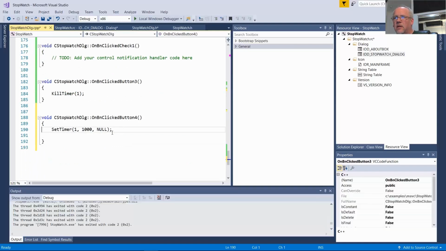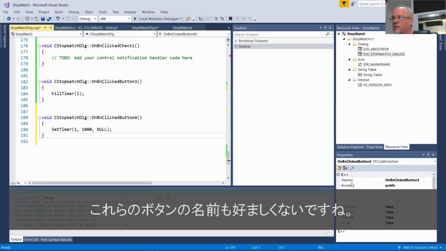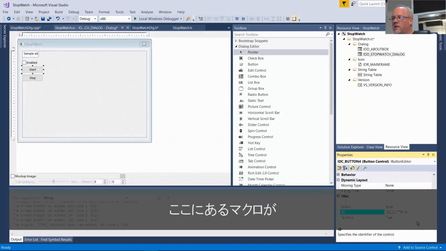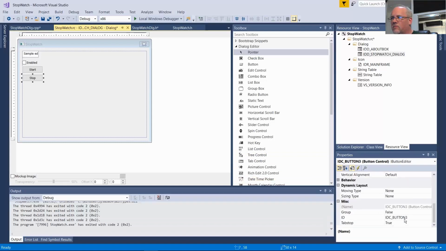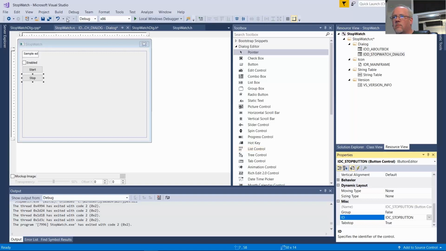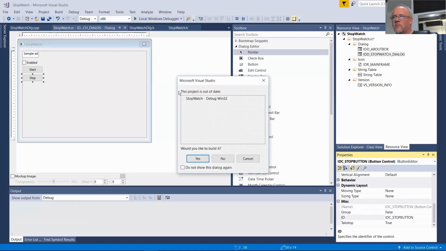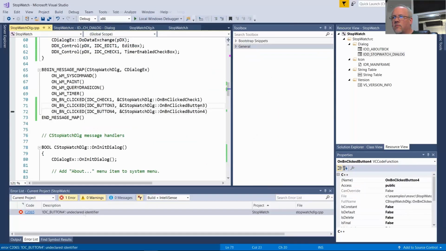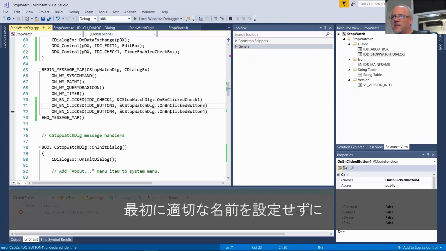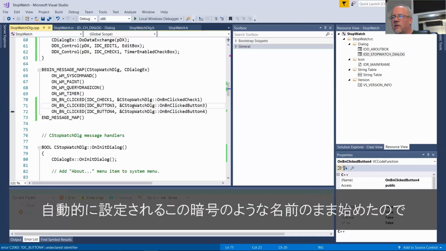And it's not just the text. I don't like the names of these buttons. We get these macros that get created for the button name. So this is the start button, and this is the stop button. Okay, because I didn't name it nicely to begin with, we've got some kind of cryptic names here that don't automatically get updated.